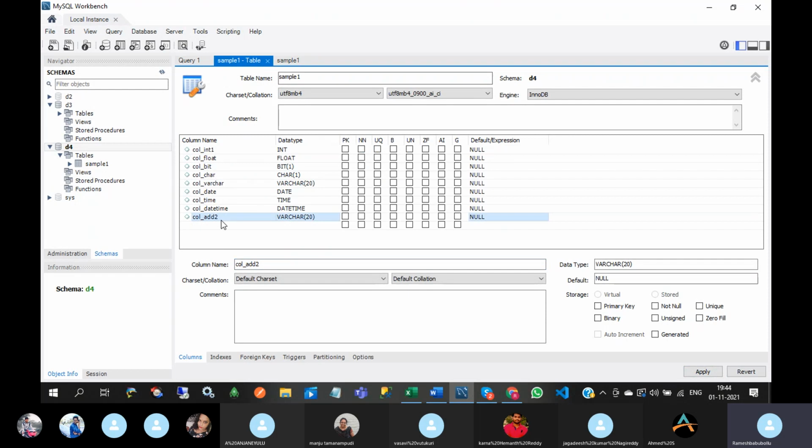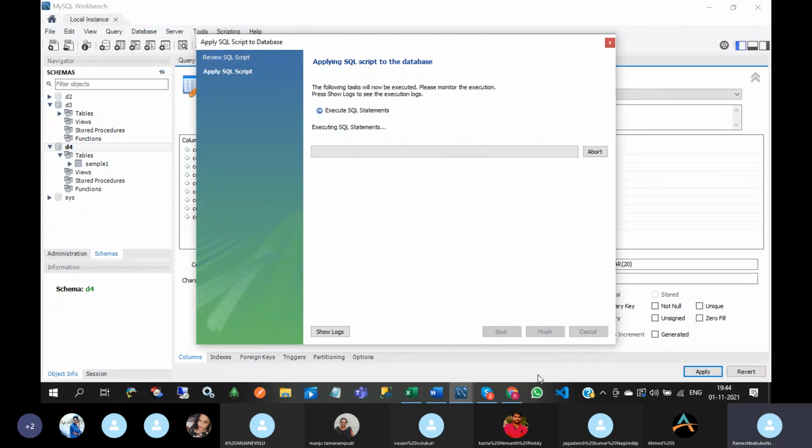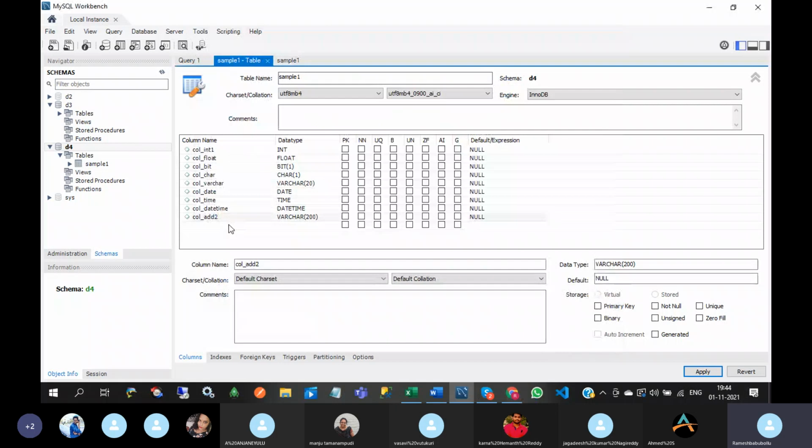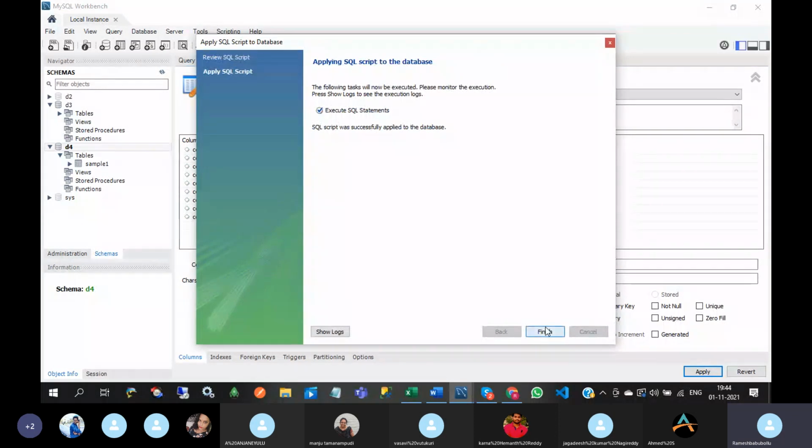Suppose you want to change the data type. I am going to change the data type size and click on apply, and you will have that data type change query. Okay, apply button, finish. So automatically the data type size is changed. If you want to change the data type, it will also happen like this.